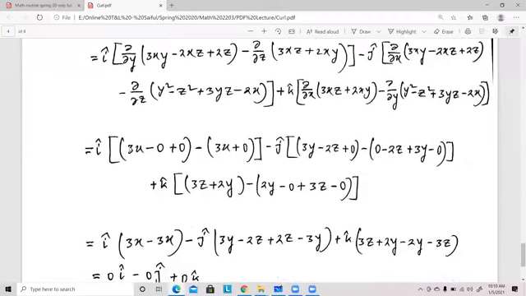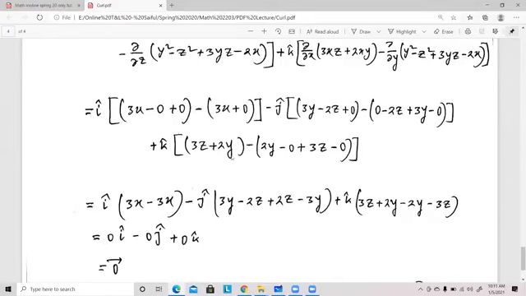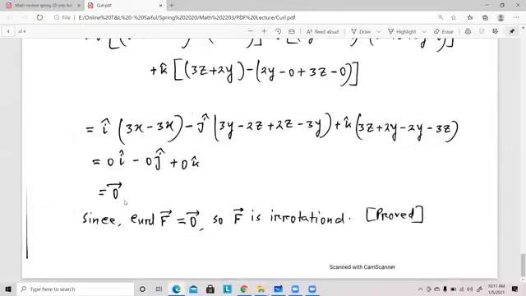তো দেখো আমাদের এখান থেকে 3x minus 3x ক্যান্সেল, এখান থেকে 3y minus 3y ক্যান্সেল, minus 2yz plus 2yz ক্যান্সেল, হ্যাঁ? এখান থেকে 3z minus 3z ক্যান্সেল, 2y minus 2y ক্যান্সেল। ঠিক আছে? তো আমাদের প্রত্যেকটা টার্ম cancel, so we get curl of f equal to 0, and since curl of f equal to 0, so f is irrotational. ঠিক আছে? তো আমাদের fটা হচ্ছে আমাদের irrotational, কারণ হচ্ছে কার্লটা 0 পেয়েছি।